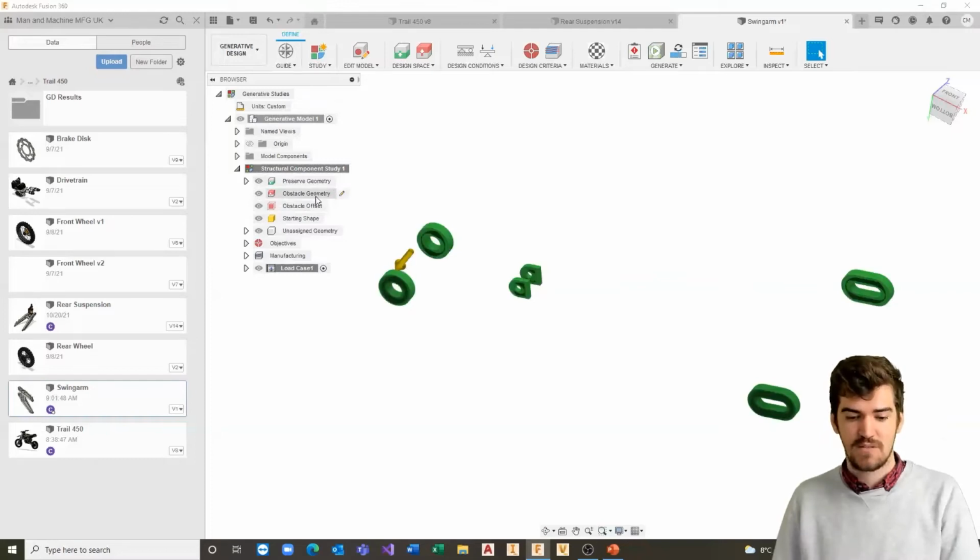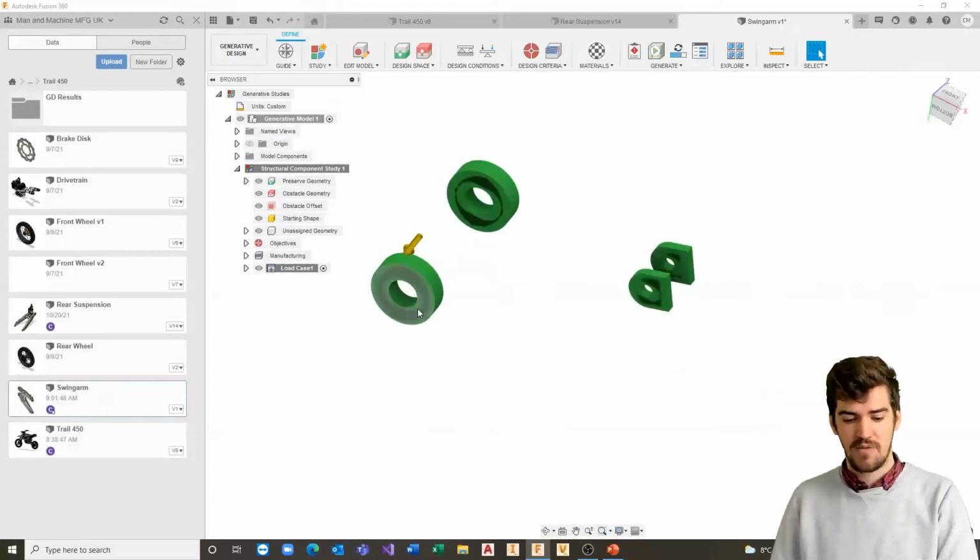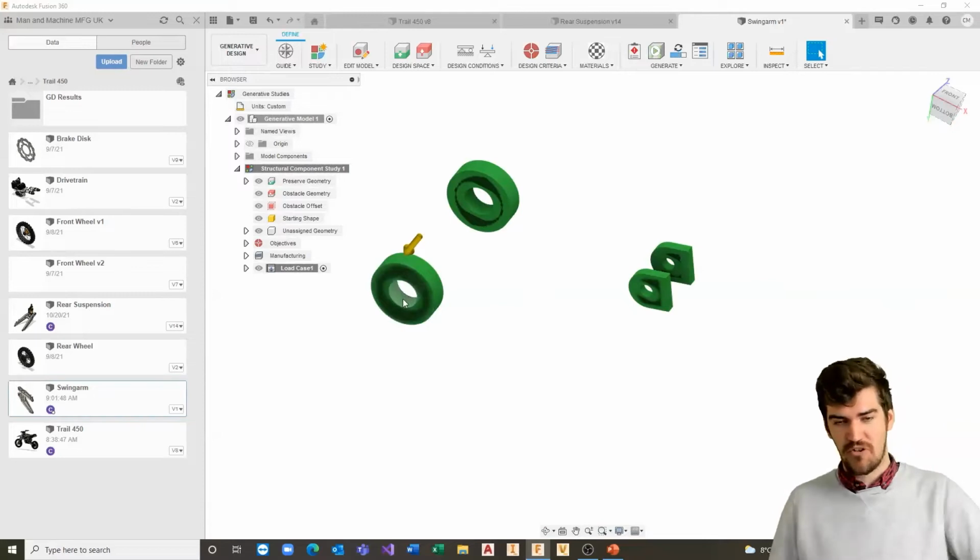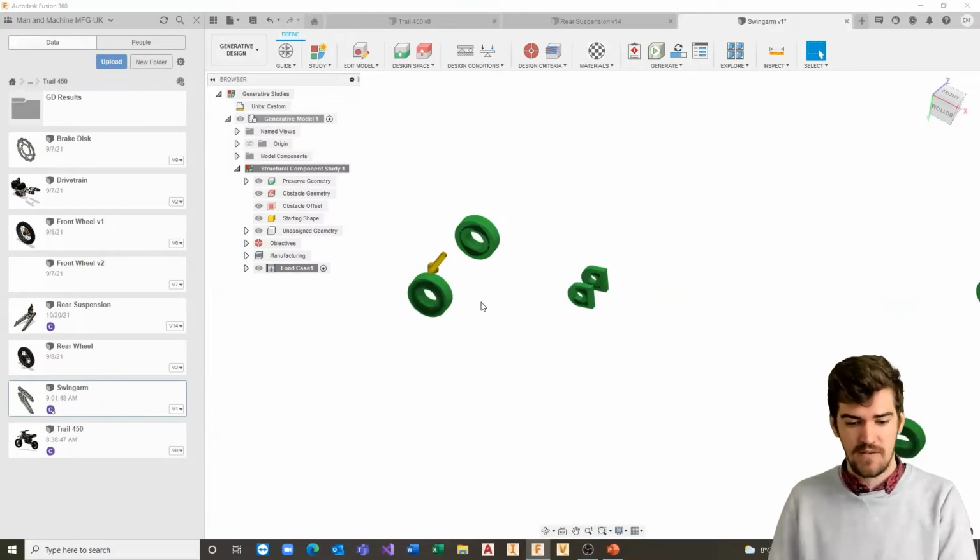Essentially, what obstacle geometry does is define areas you want to avoid. You don't want the generative design to go into those areas. This will be for areas where you want to fasten bolts or have attachments come into the model itself. You can imagine we'd need some bolts to come in there, as well as areas where you'd want to get your hands in and tie those in or get a tool inside there. So we've got to think of those,